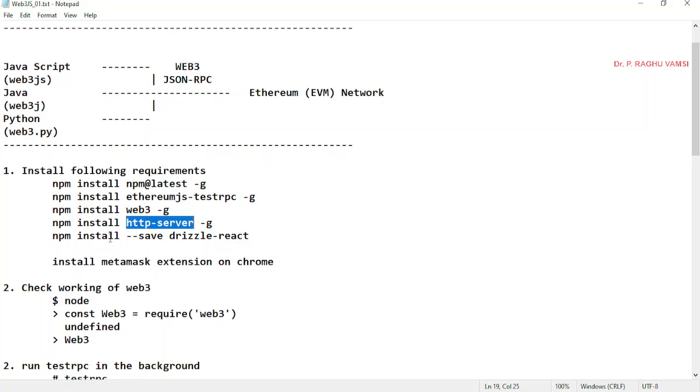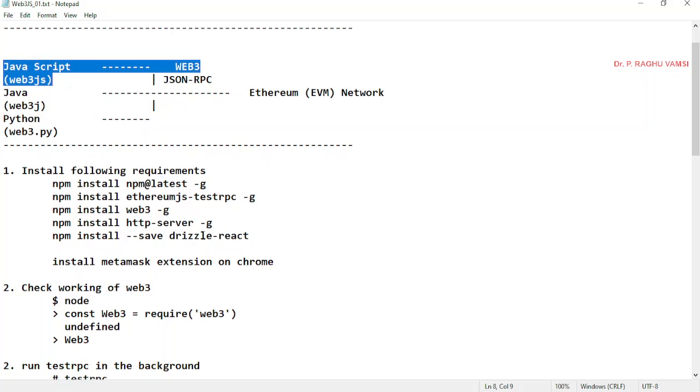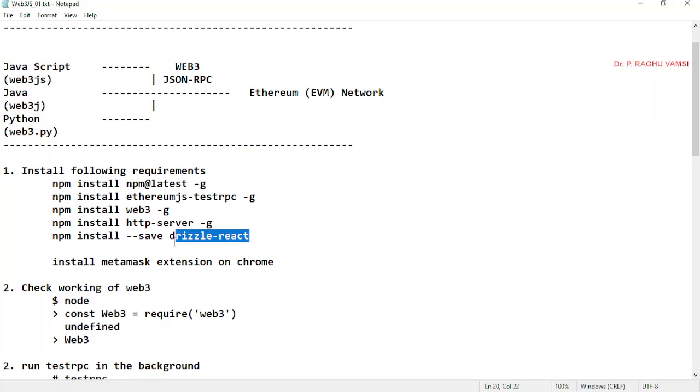Next one is npm install --save drizzle-react. If you are going to use React.js for developing the front-end application, Drizzle React is one API package we are going to install via npm.